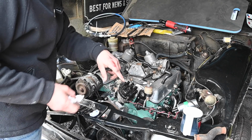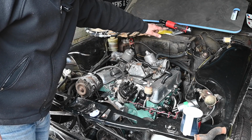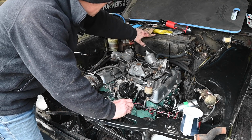I did actually just once again manage to cut my finger open. Always hurt myself on these damn cars, doing the hose clamps up to the heater box. Really hurt. When I was first doing this car, my original plan was actually to take out the heater box